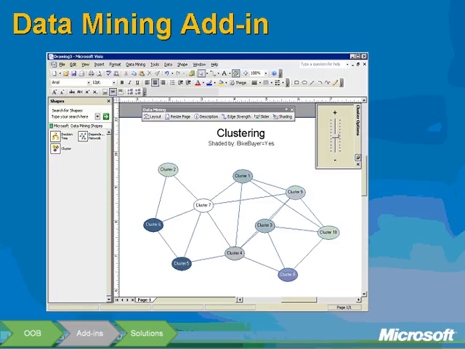So the next example that I wanted to talk briefly about, I won't do a demo here because we're running a little bit short on time, and I want to make sure to cover the last example as well, is the data mining add-in. This is an example of an add-in that the SQL Server team at Microsoft created using Visio as a development platform. And the basic idea here is that